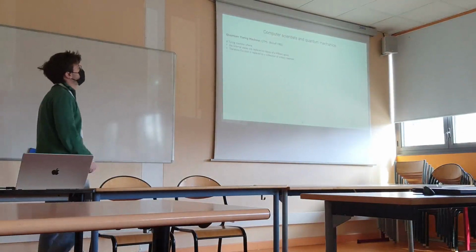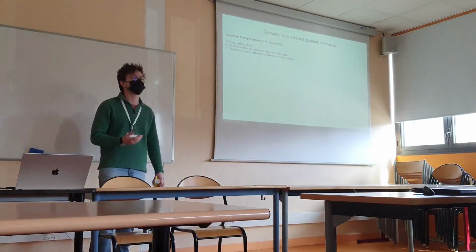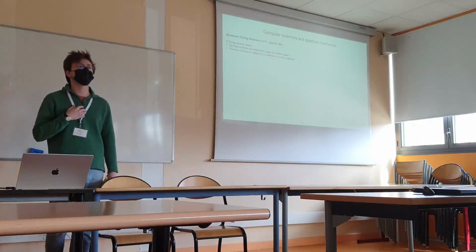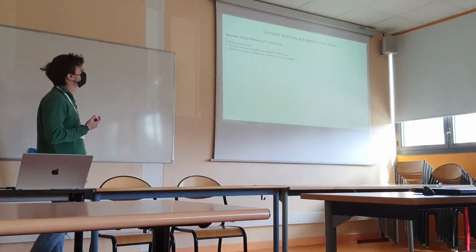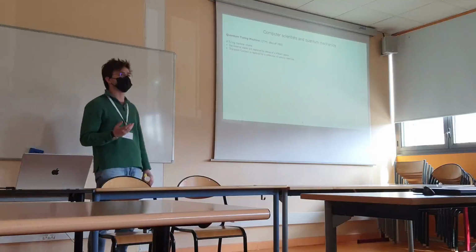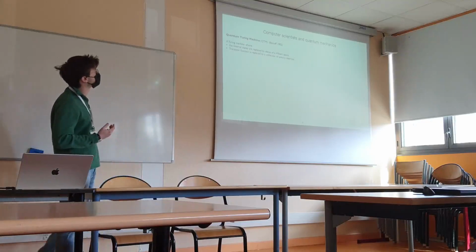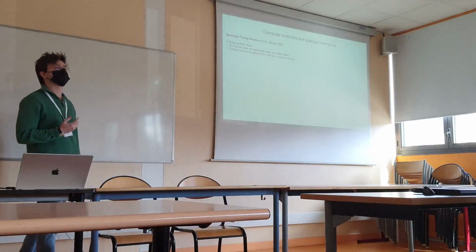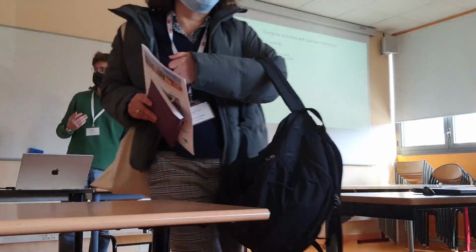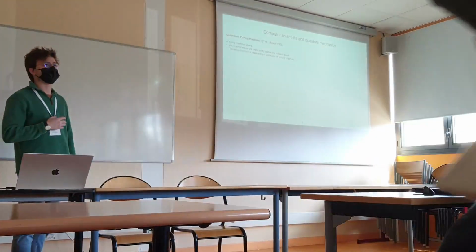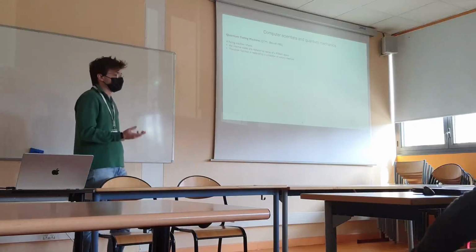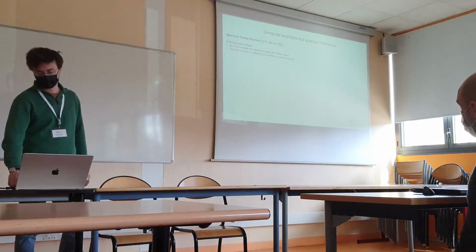So Benioff in 1982 introduced the idea of a quantum Turing machine. So this idea is that I'm given a Turing machine, but with the internal states replaced by states of a Hilbert space, and also the transition function is replaced by a collection of unitary matrices. So the idea behind this is to say, if I'm given a Turing machine which is guided by quantum mechanics, what can I do with it? And in